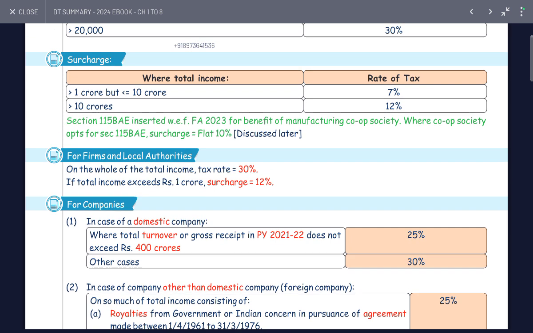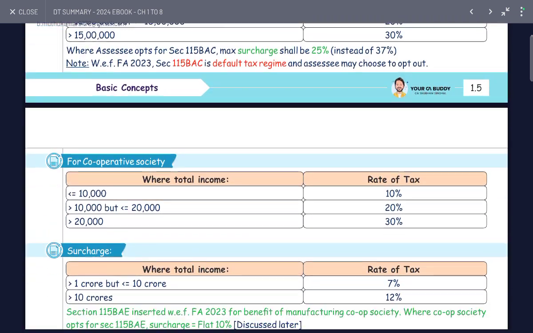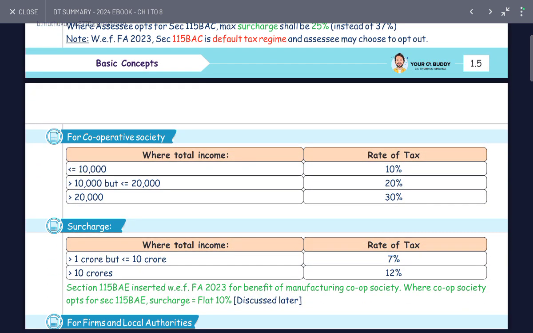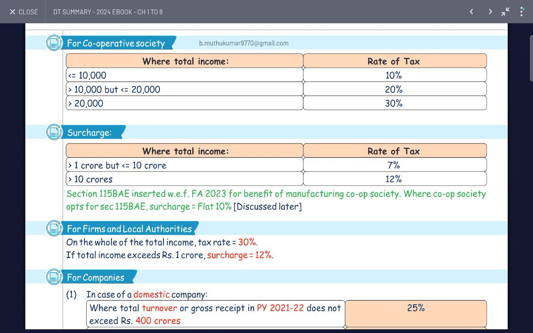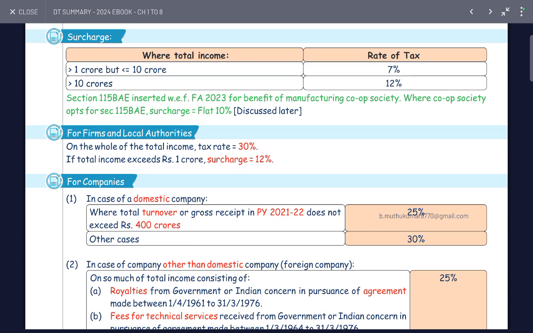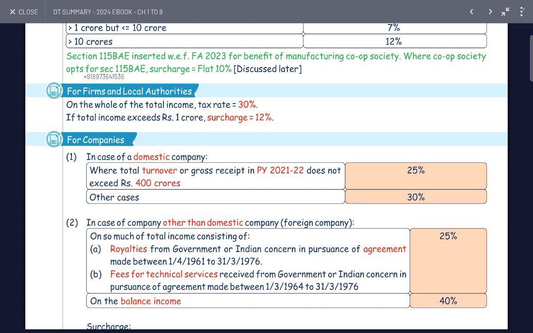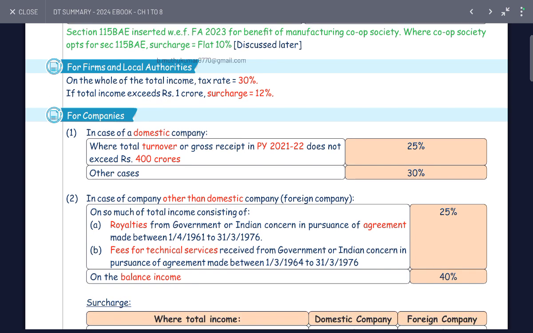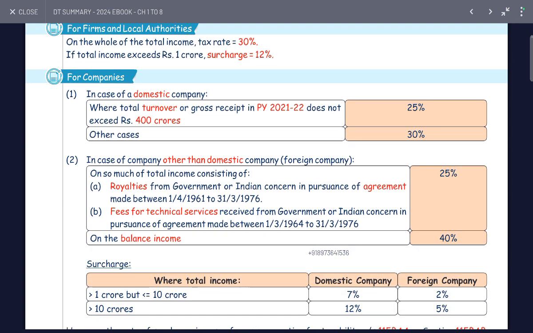Firms and local authority: if the total income is greater than 1 crore but less than 10 crores, 7%, more than 10 crore 12%. Under section 115BAE and 115BAD for cooperative societies, the surcharge is 10%. For firms and local authority, the tax is 30% of the total income, and the surcharge is 12% on income exceeding 1 crore. For a company: